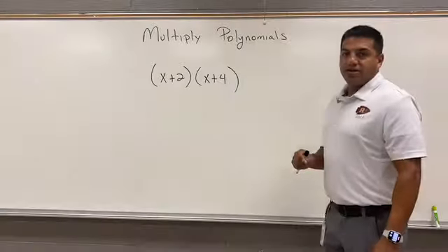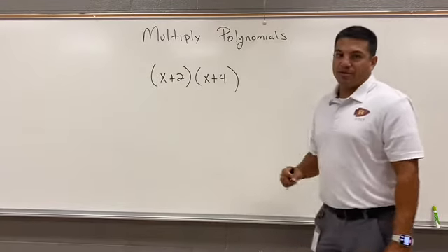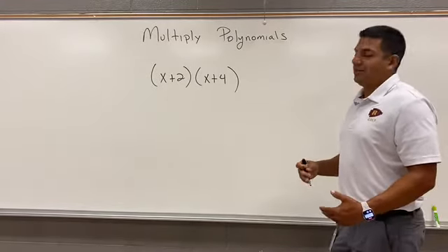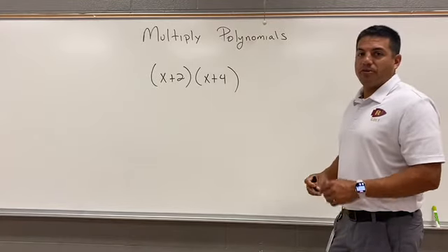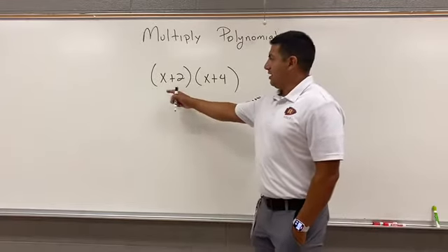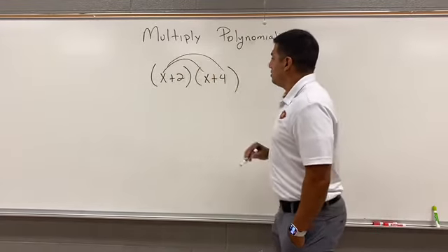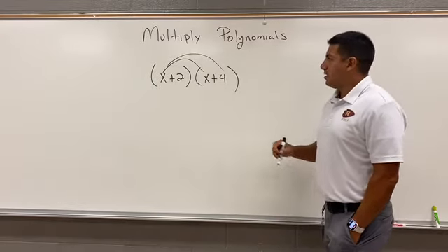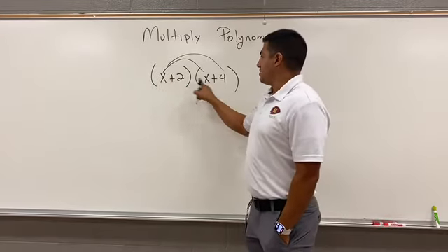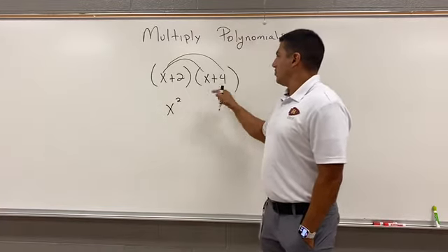All right, the next thing we're going to look at is multiplying a binomial times a binomial. And essentially we're going to do the exact same thing. We're going to do the distributive property, but we actually have to do it twice. So we're going to take the first term here and we're going to distribute it to both the terms over there. So what we end up with is x times x gives us x squared, and then x times 4